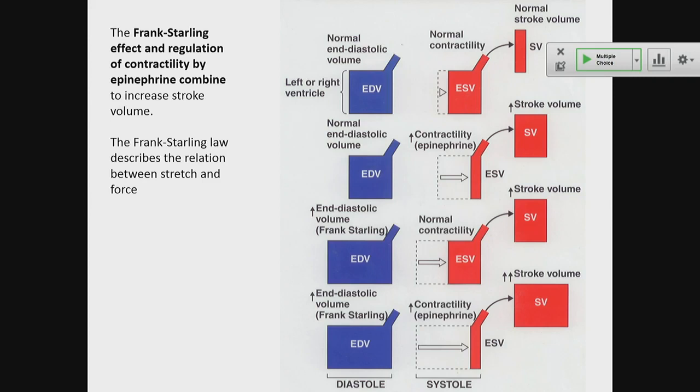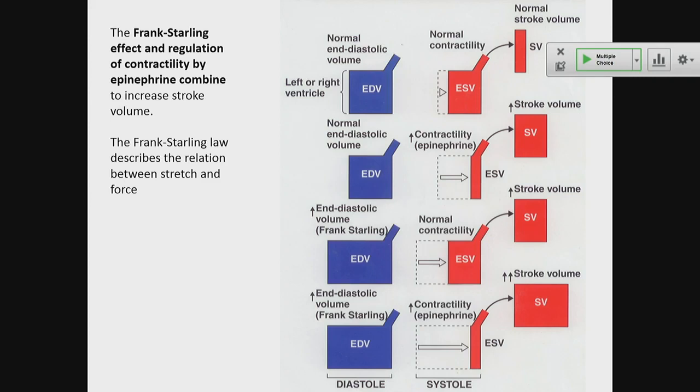Just think about it this way. If you fill the ventricle with more blood, more blood will come out. If you contract it more forcefully, more blood will come out. Those are the two mechanisms that can result in an increase in stroke volume. And I should say here that heart rate times stroke volume determines the amount of flow that you get, okay?